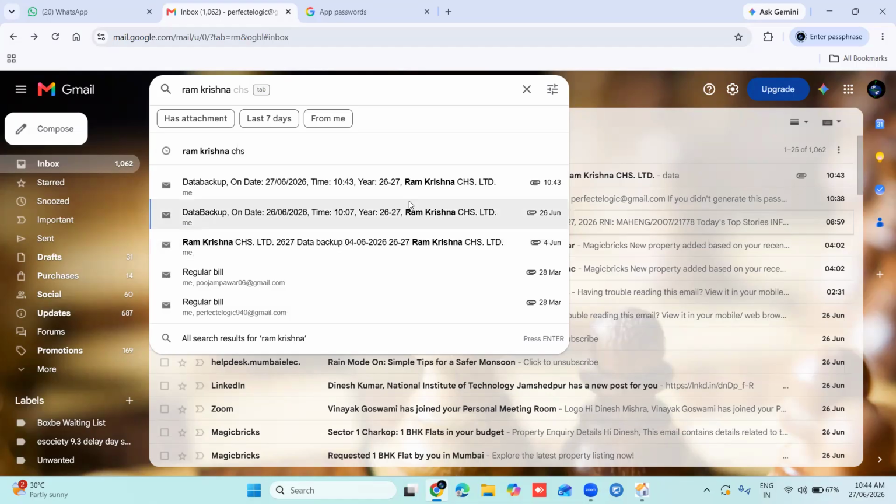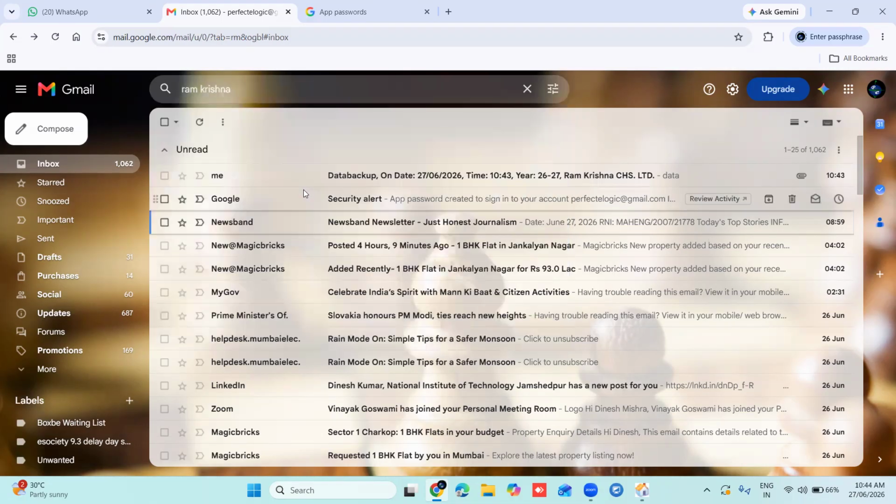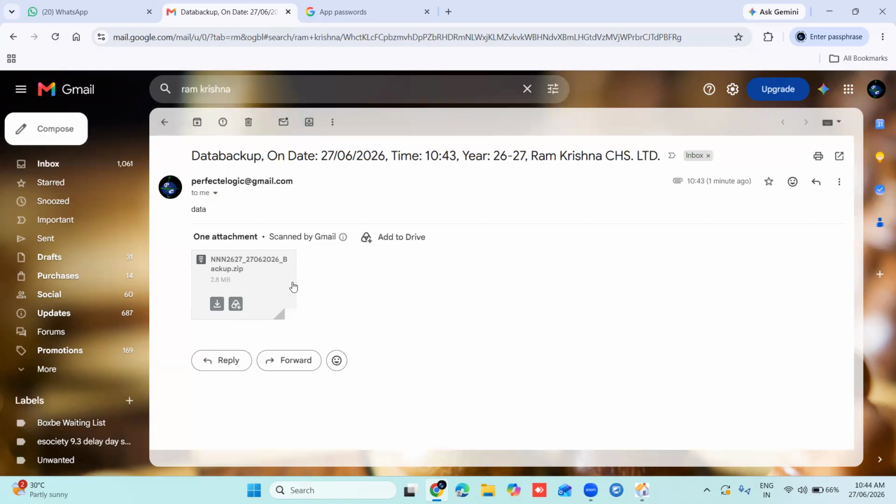Here you can see all the data backups are showing in the search box for that particular society. Here Ramakrishna CHS as I am searching for, then all the searches of that society is showing here. Whichever data backup of whichever date you want to open, you can double click on that option. Then this backup will get open. Here you can see one zip file will get generated of that society. So in this file, your data backup is in a zip file.